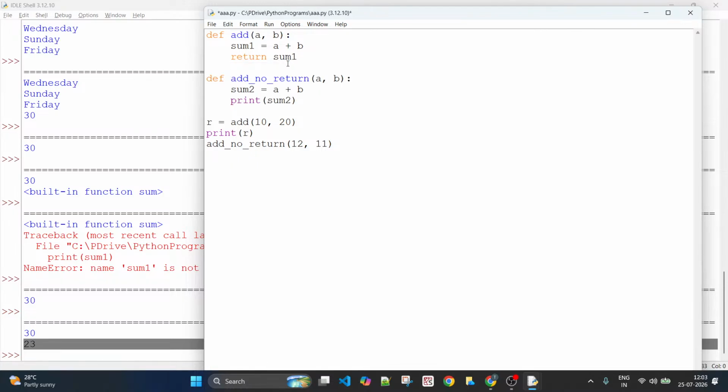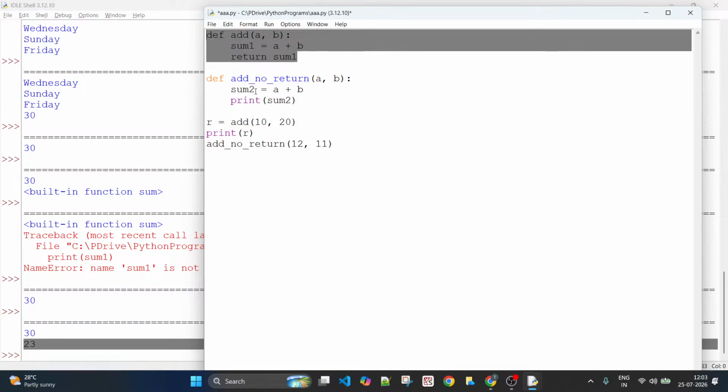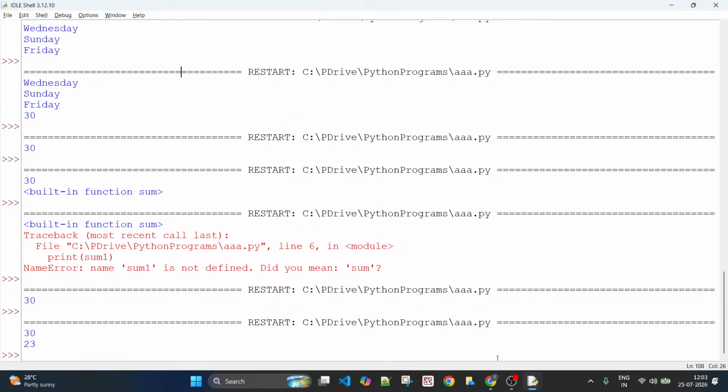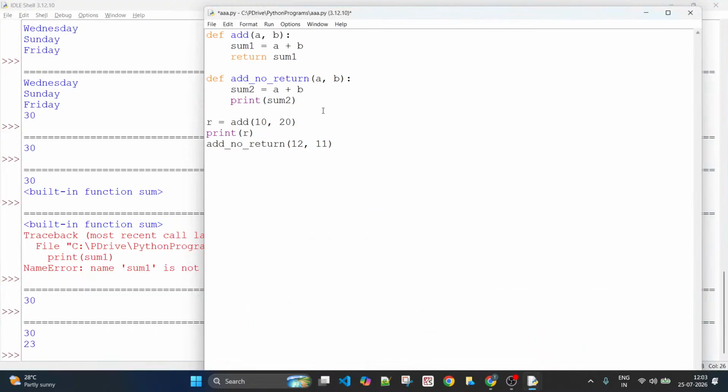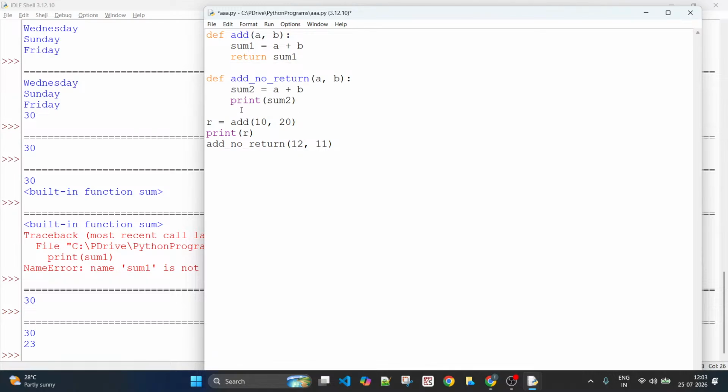It returns no value. So functions are of two types again. Some functions will return a value, like this function returning a value, and some functions won't return any value. Both are valid. Based on the situation, you need to decide whether you need to return something from the function or not. This is how you can define two types of functions. Function returning value: if a function returns a value, you need to use a return statement. If a function is not supposed to return any value, you should just write the body of the function, and in such functions you don't have a return statement.